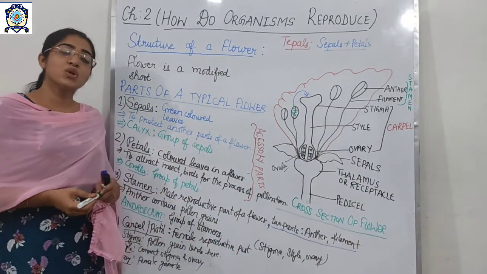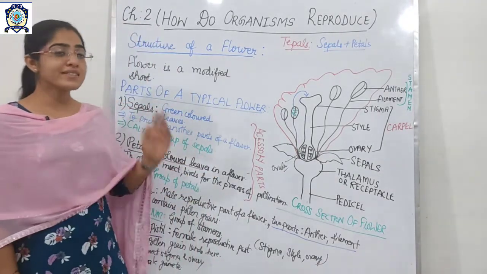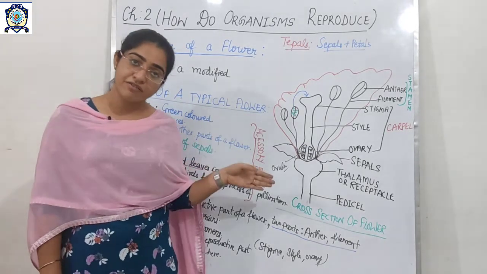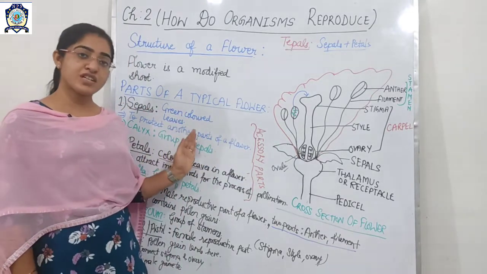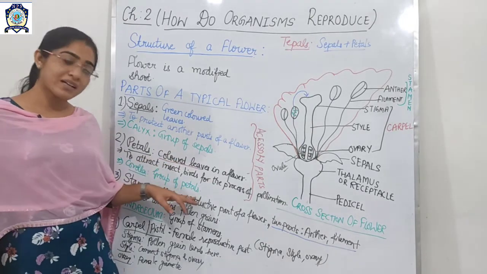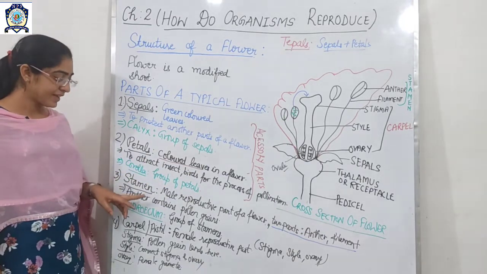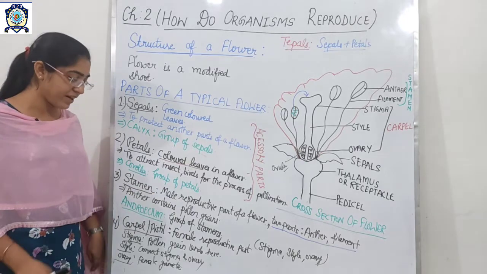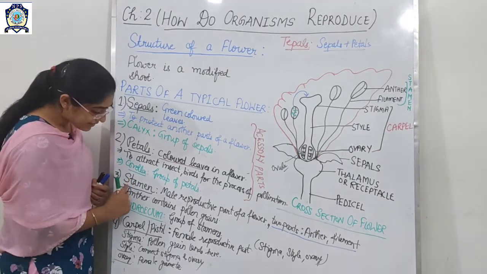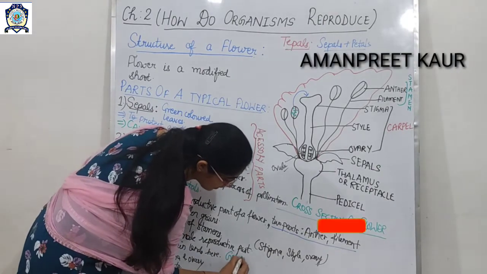Am I clear? So let's take a recap. Today we have studied the structure of the flower. Firstly, we discussed the definition of the flower, then the four important components of the flower, their function and their meaning, and also in case of the petals we have studied that group of petals is corolla and their function. In a similar way we have studied the stamen and the carpel. One thing I just want to tell you, group of stamens is called the androecium. So group of carpels is called the gynoecium.